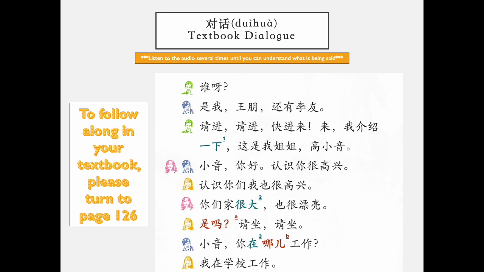谁呀？是我，王鹏，还有李友。请进，请进，快进来。来，我介绍一下，这是我姐姐，高小茵。小茵你好。你好，认识你很高兴。认识你们，我也很高兴。你们家很大，也很漂亮。是吗？请坐，请坐。小茵，你在哪儿工作？我在学校工作。